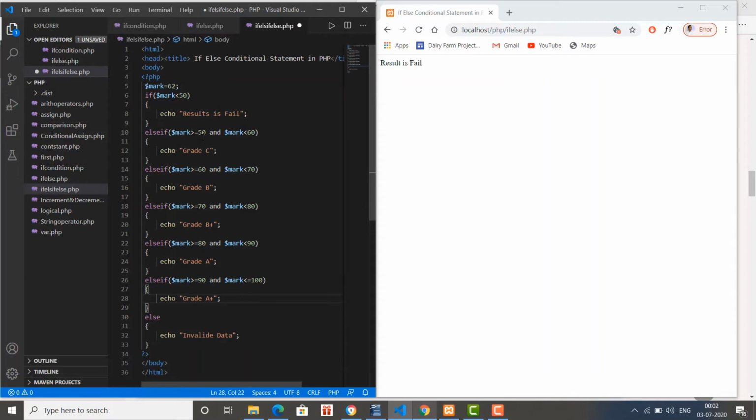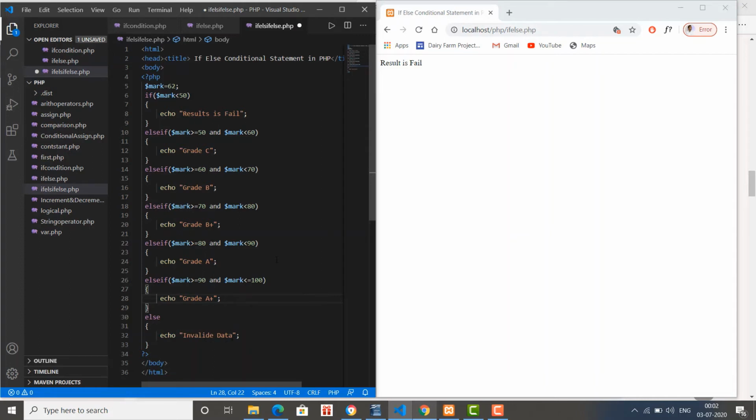If marks are greater than equal to 50 and less than 60, then the grade is C, and similarly 60 to 69, 70 to 79, 80 to 89, and 90 to 100. If somebody takes marks 90 to 100, he will be assigned grade A plus, and if we don't find a value in this criteria, then it will say invalid data.